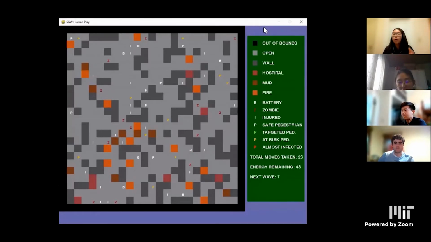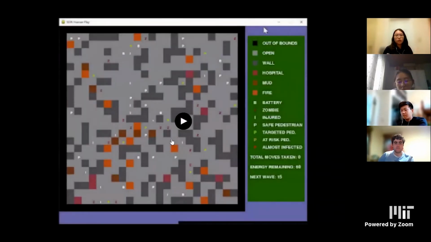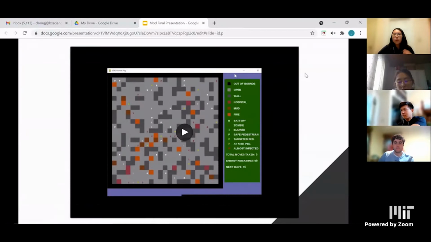Also note that every turn that the ambulance takes is an energy loss. So you have to be careful about how much energy you have left and what you want to do with that energy. And notice how right now I have a pedestrian, and when I enter the hospital, I leave without a pedestrian on me. So that tells the player what their status is in the ambulance and what they should do next. And also squishing zombies along the way. And the game ends when the energy is equal to 0. So now we're going to talk about the findings.